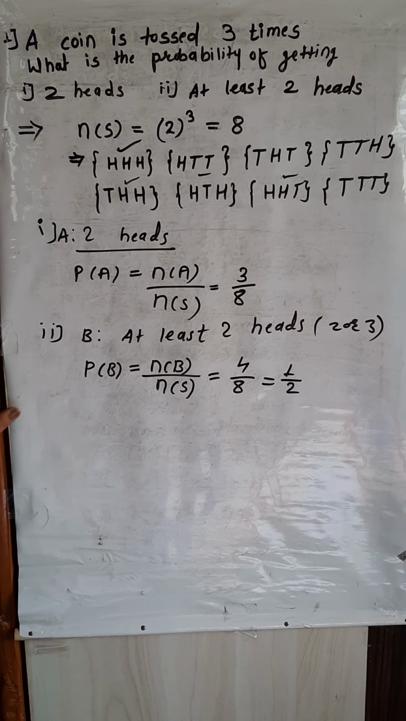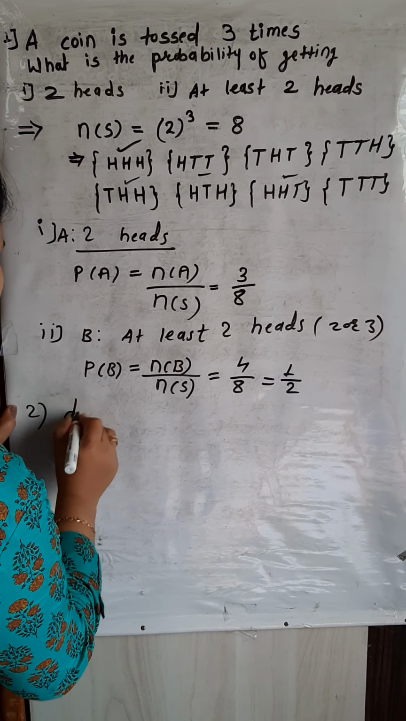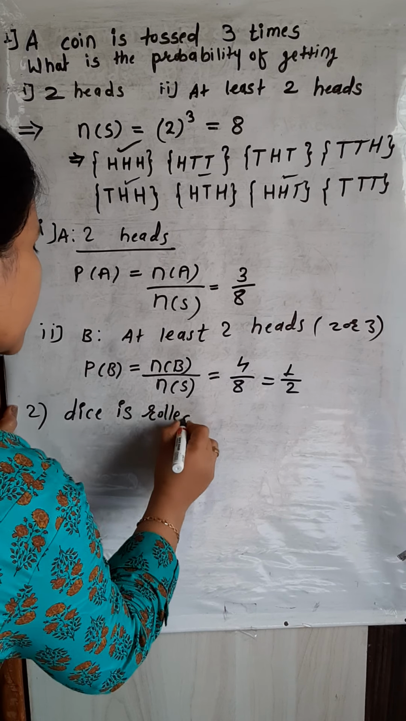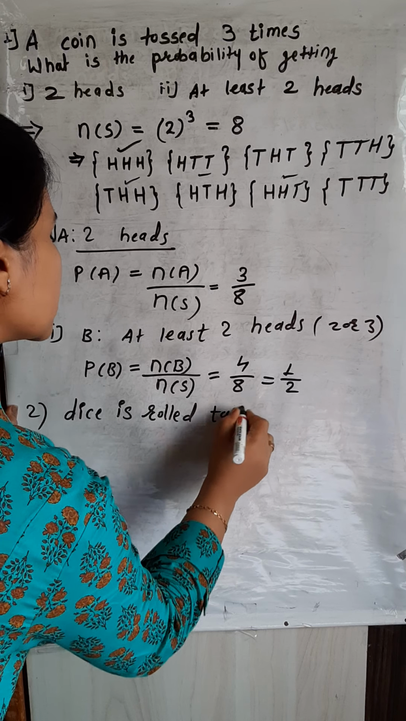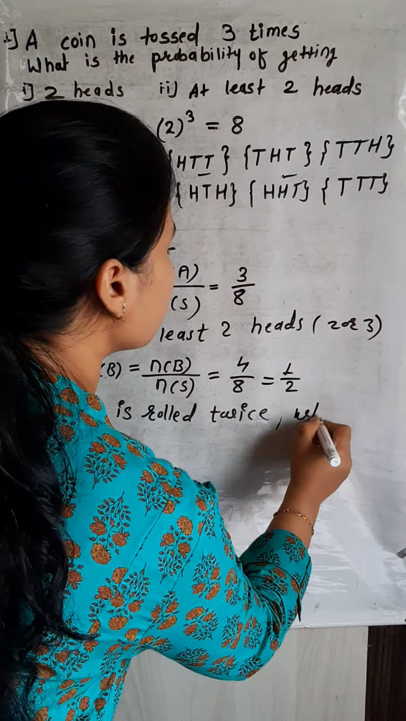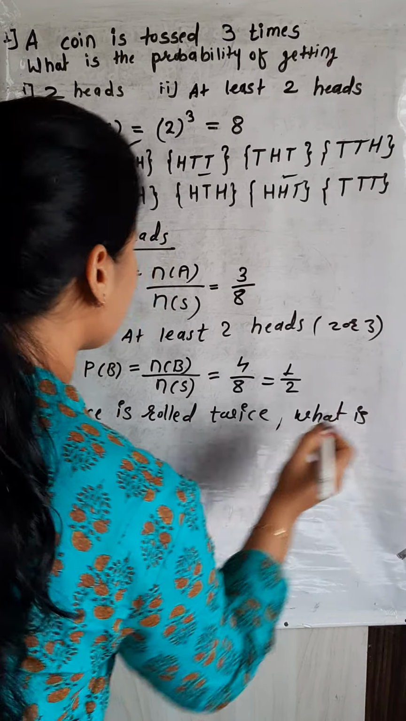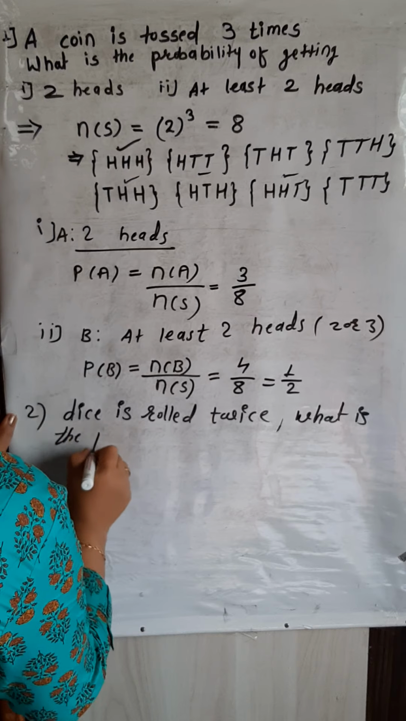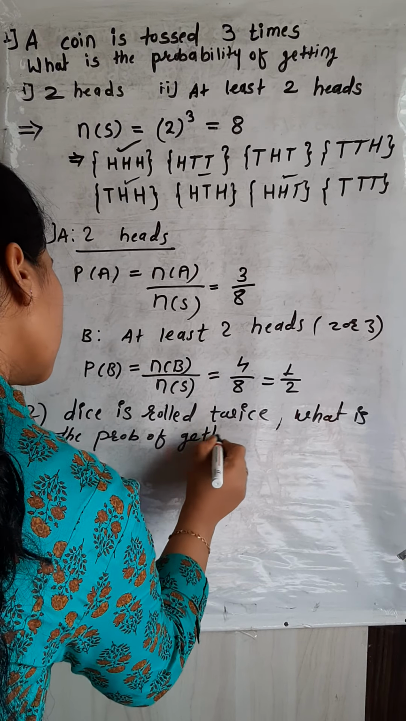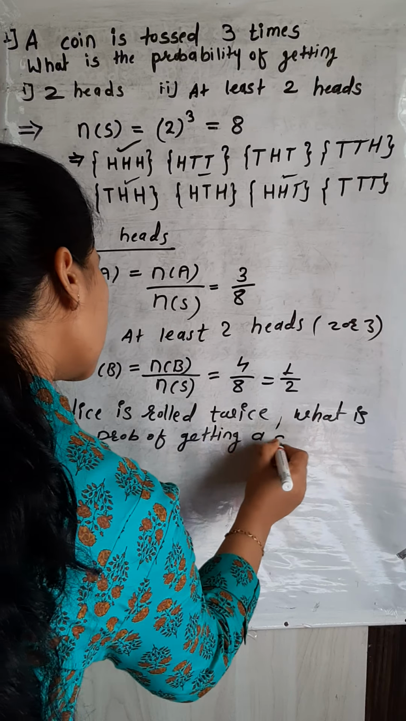And in next question it is given that a dice is rolled twice. And what is the probability of getting a difference of